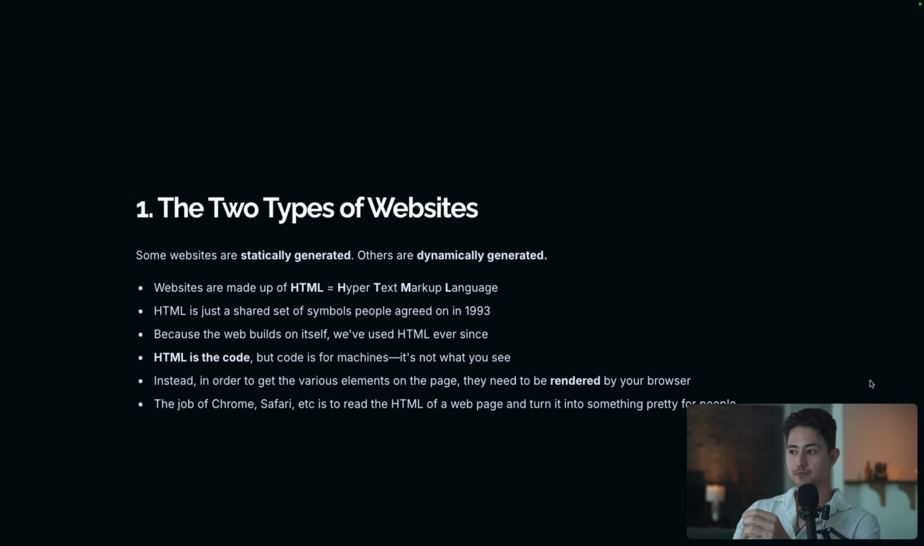But if we take one step further back, what the hell is a website anyway? Well, websites are made up of HTML, H being hypertext, T being text, M being markup, and L being language. But what does that mean? Essentially, this hypertext markup language is just a convention that a bunch of people happened to agree on about 30 years ago. A bunch of people got together, shook hands, and I think the guy's name was Tim something,